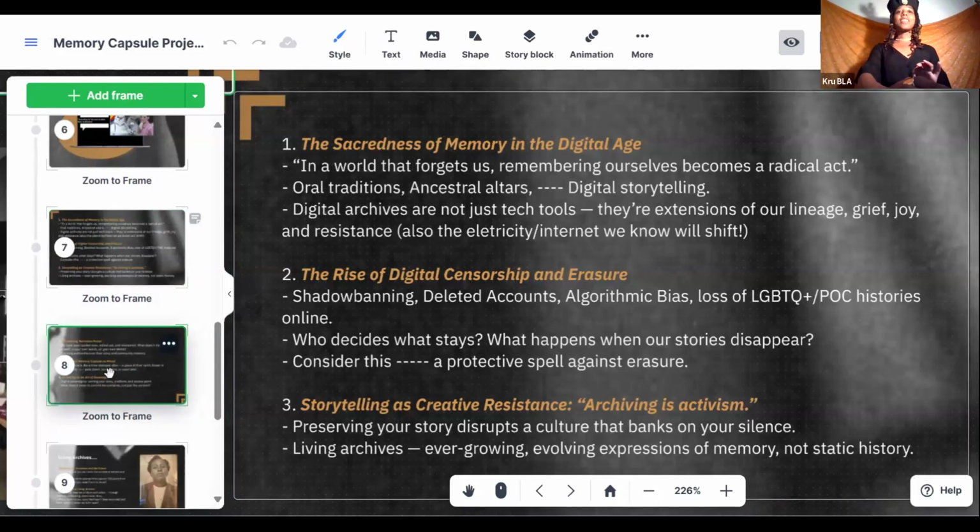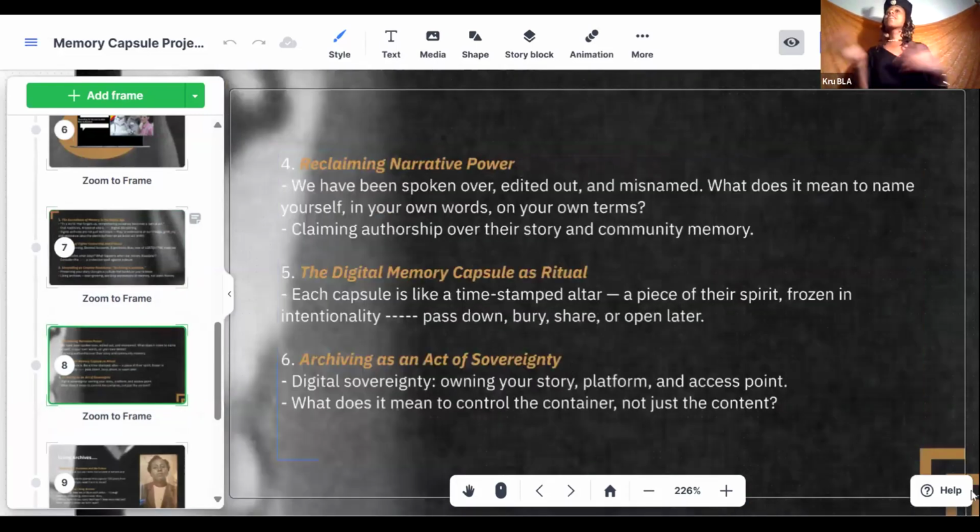Okay. So let's go to the next slide. So going into that, reclaiming our narrative power. We've been spoken over, edited out, misnamed. So what does it mean to name yourself in your own words, in your own terms? Claiming authorship over our story and community memory, which is something I just talked about. When we're the ones that are telling our stories, when we're putting ourselves in the space of the pen, you know what I'm saying? And we're writing our stories out,